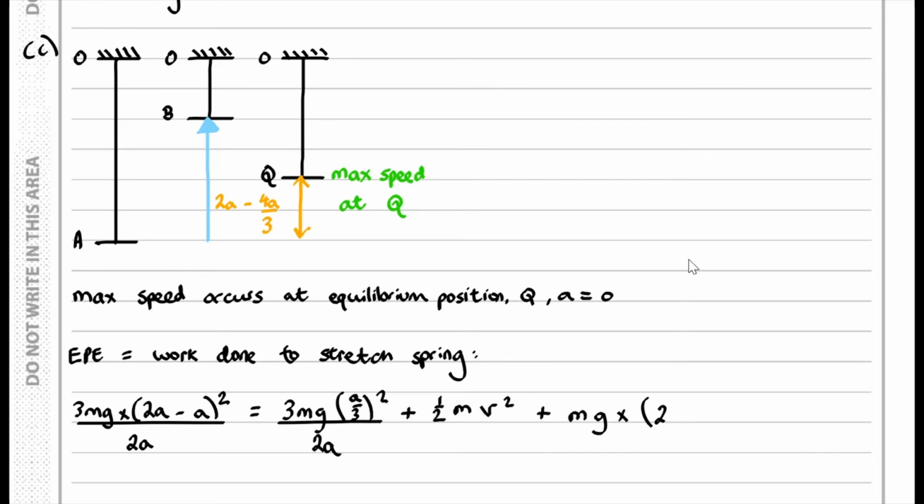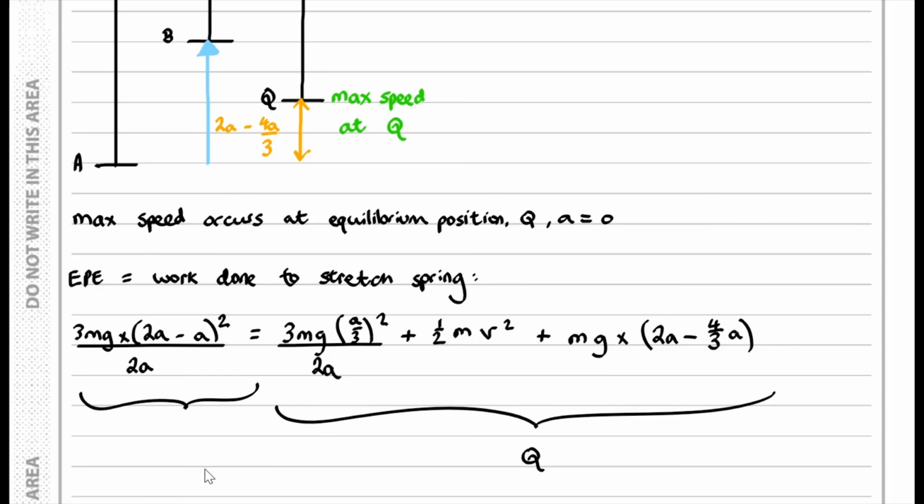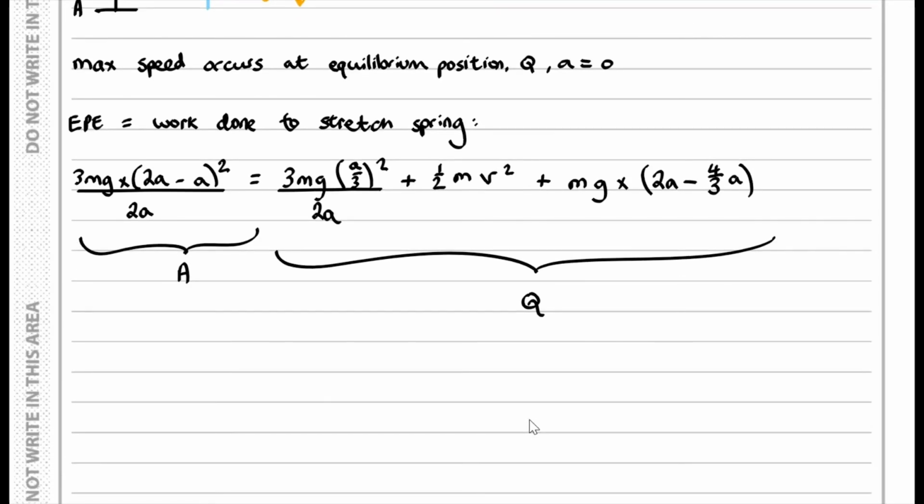Okay, so we have 2a minus 4/3 a, and everything on this right hand side is what we have at Q. So perhaps if we show this clearly, we have everything on the left hand side which is at the point A, and then everything on the right hand side which is at the point Q. And if we simplify all this,